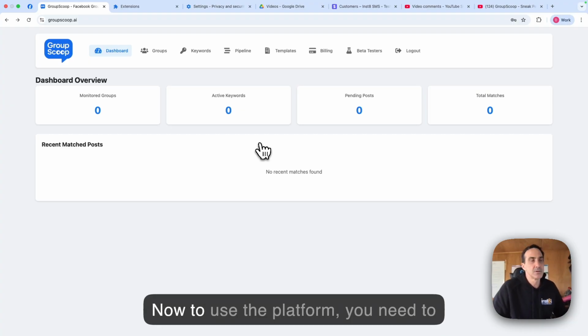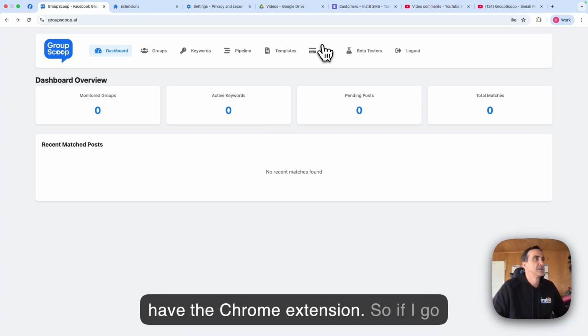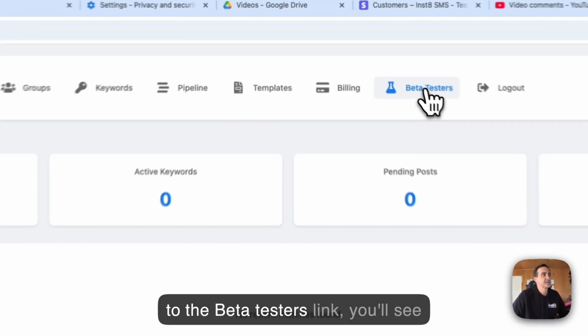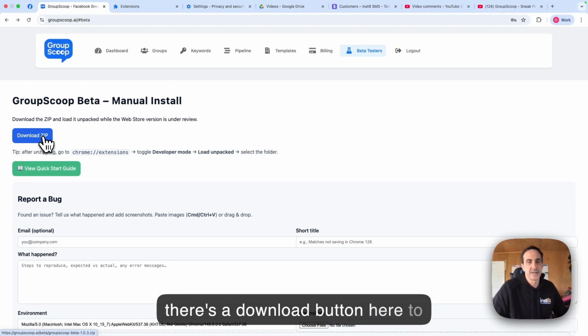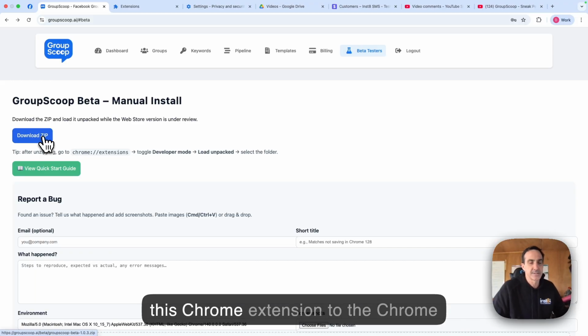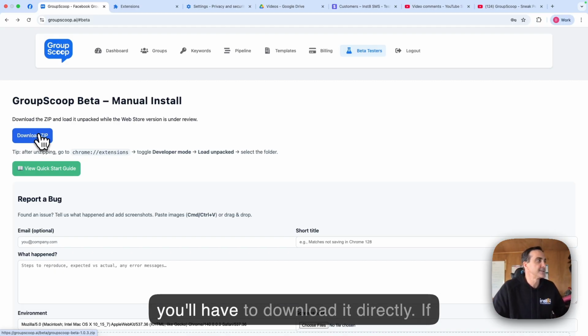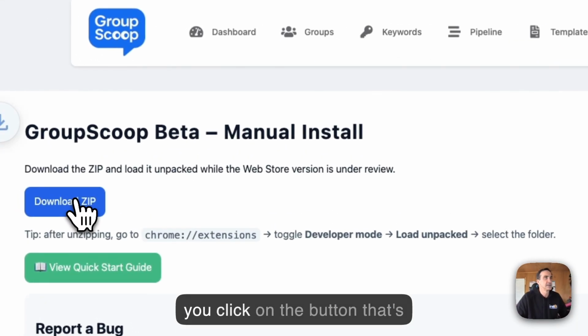Now to use the platform, you need to have the Chrome extension. So if I go to this beta testers link, you'll see there's a download button here to download the zip. We've submitted this Chrome extension to the Chrome store, but it might take a few days or weeks to get it approved. So for now, you'll have to download it directly. If you click on the button,